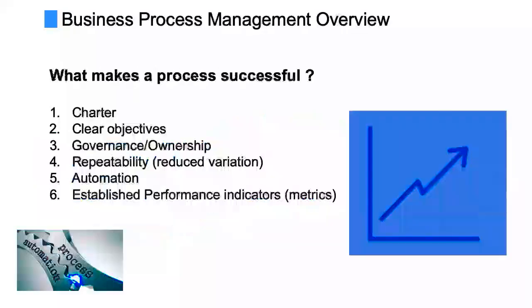So what makes a process successful? And there's certainly more than six. But a charter describes, it's kind of like the menu. It describes what the process is in place to do. Why does it exist? What are the goals of the process? Who are the stakeholders in the process? It can be from one page to thirty pages. I've seen very long ones with charter. But it basically just, if anyone comes along and says, I don't understand what this process does,